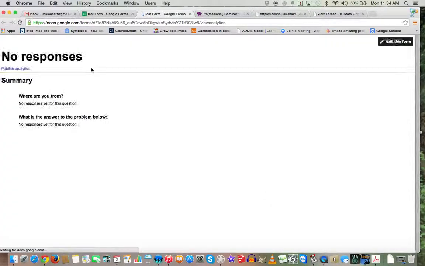Summary of responses. This is where you get into the analytics. Okay, now there are no published data here, but what you would see here is, if we had summarized all of the answers and then gone through and done this form, you would see a series of basically breakdowns of the information. Some pie graphs, some bar graphs, total responses, number of answers chosen. This is where you can get all of the really good information that you would need to basically show what kind of form and questions and answers that you